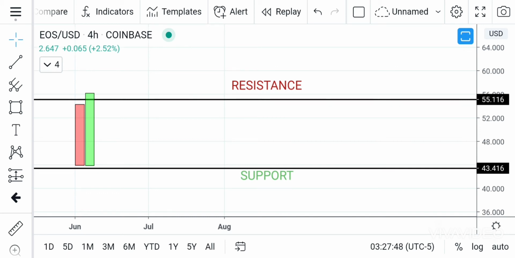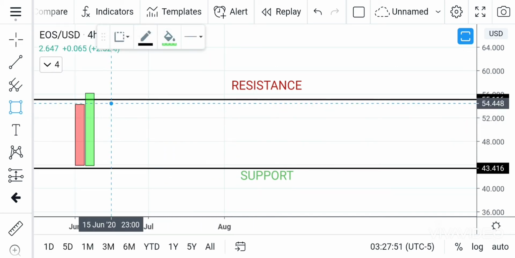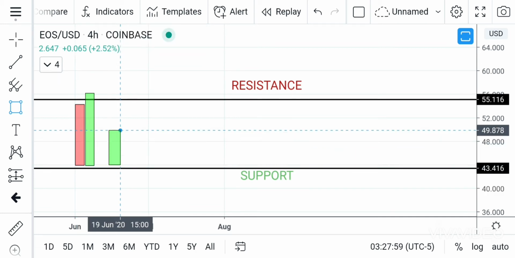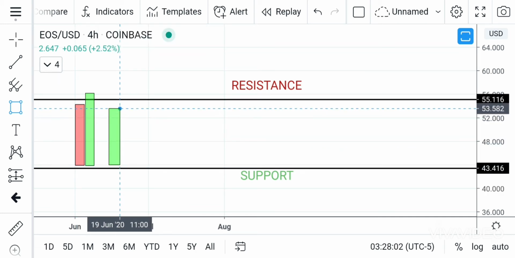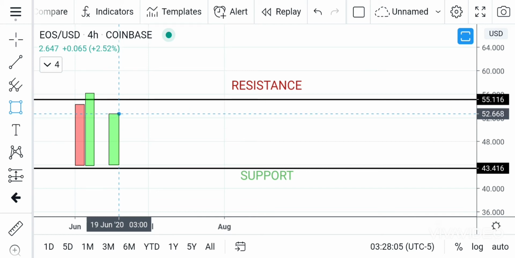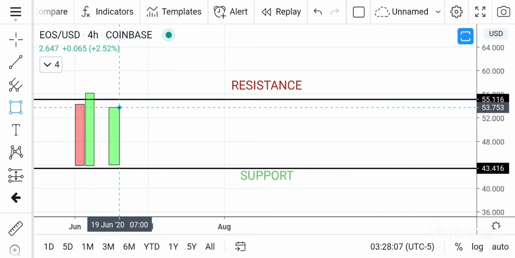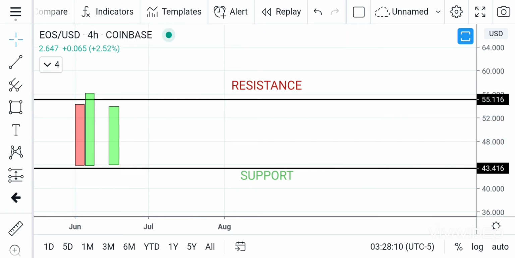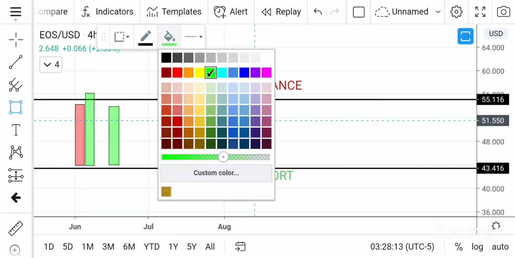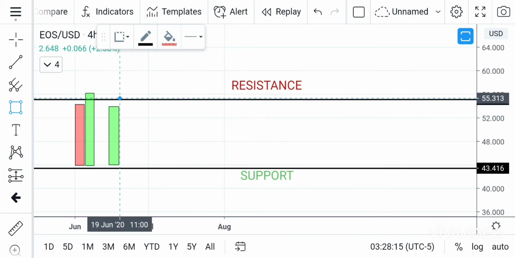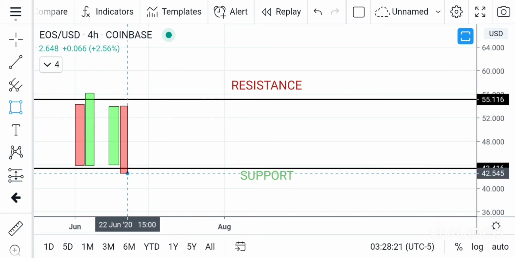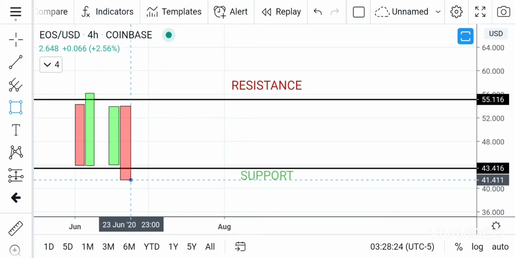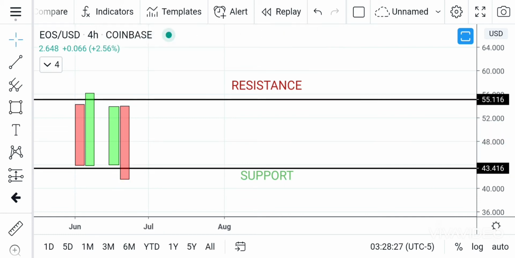The next candlestick pattern I'm going to talk about is the bearish engulfing pattern. For the bearish engulfing pattern, you have buyers pushing the price up to some extent, let's say up to here. Then the next candle that opens is a bearish candle, and the price opens from this point, and sellers start pushing the price down, and the next red candle engulfs or covers the